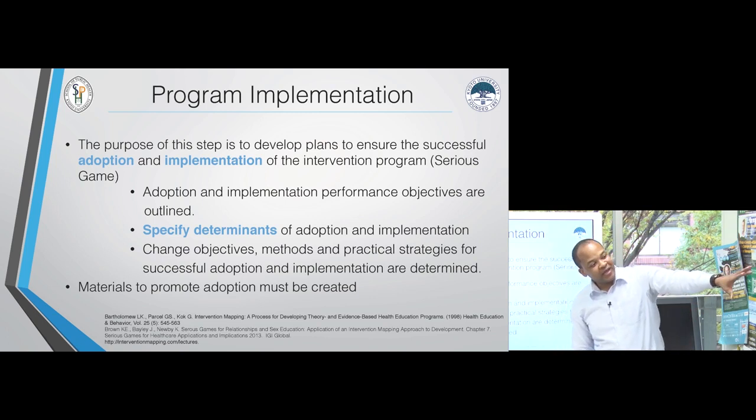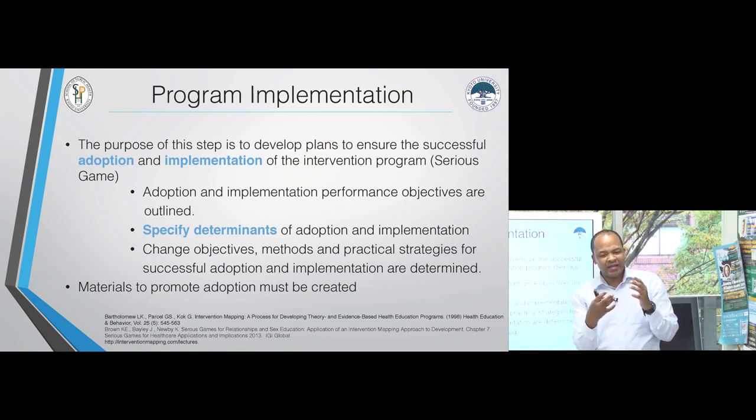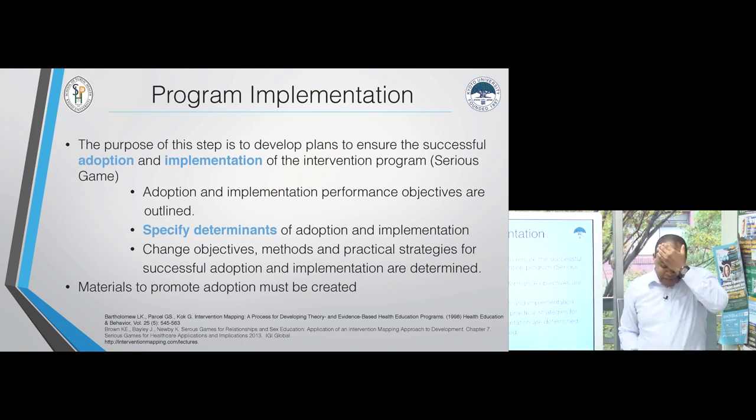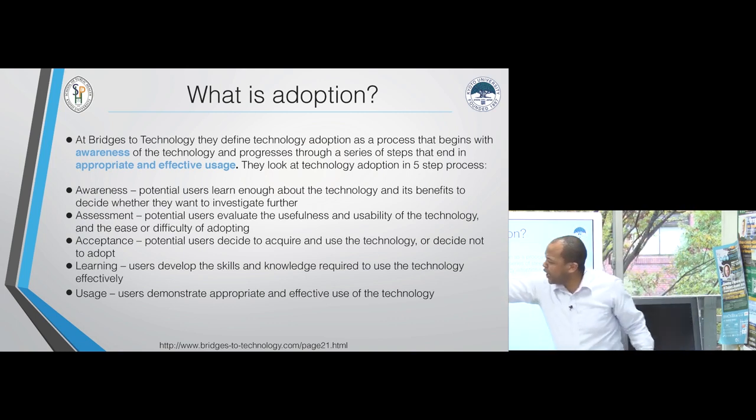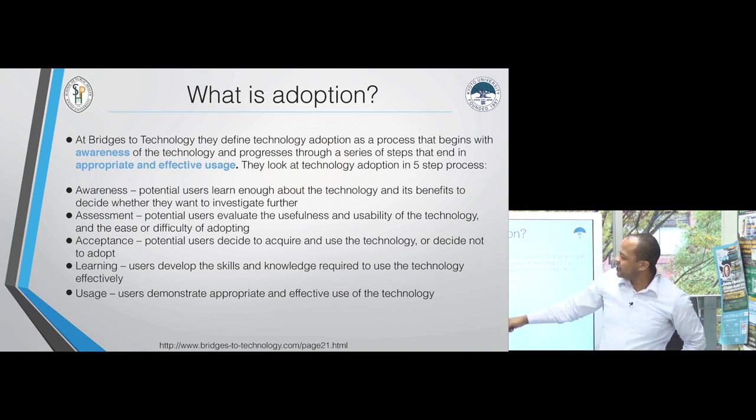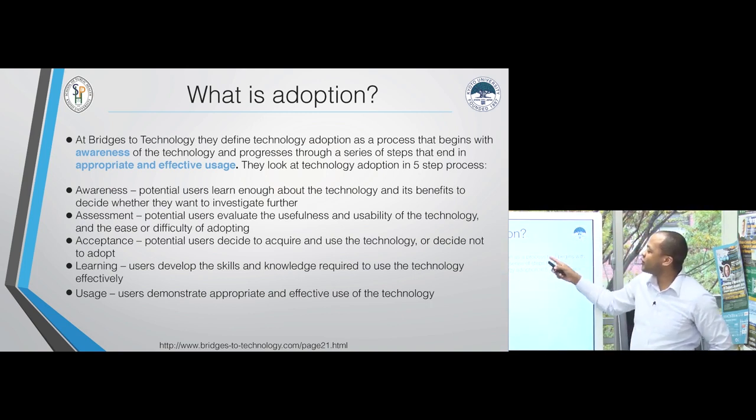So, for example, you designed a project to help people remember to take their medication. But what determines whether or not someone actually listens, or reads a pamphlet, or plays the game? It's adoption. I actually looked for a definition for this, and I found some definitions related to serious games or games in general. So adoption is defined in terms of technology. There's an online company that defines technology adoption as a process